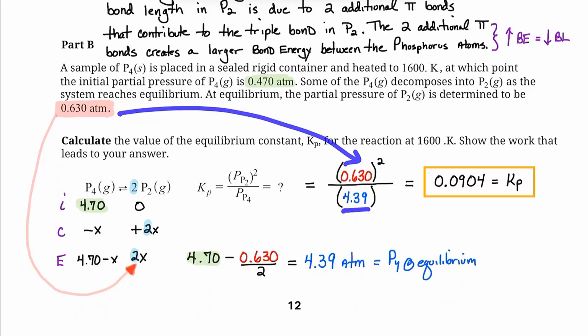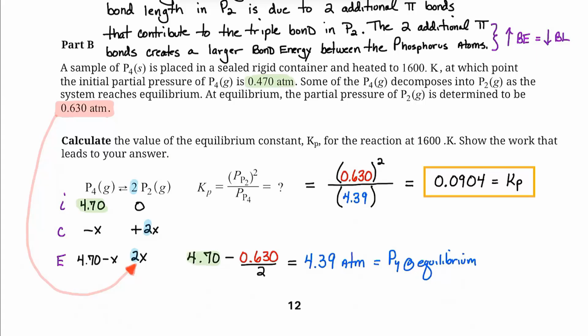We have to figure out what the value of the P4 is. We started at 0.47. We know it's going to go forward a little bit. How much is it going to decrease as it goes forward? The amount that it goes forward depends upon the X. And because they told us the value of 2X, which makes this a little tricky problem, I have to divide by 2 before I subtract. So 0.630